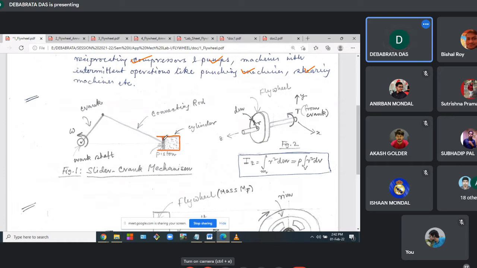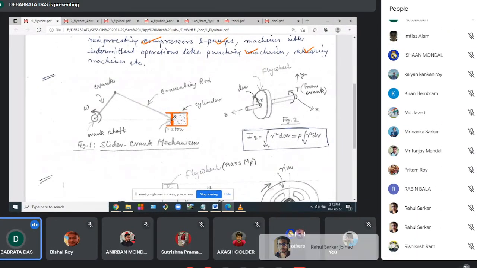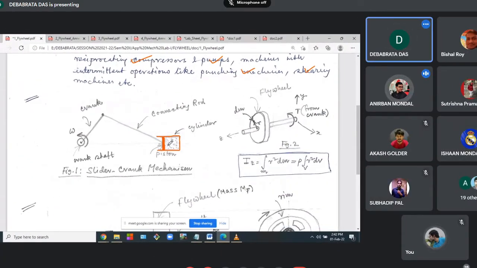And this is the piston of the engine. Some of you must have seen a piston. Now, say this piston is connected with a rod which is called the connecting rod. Though it is not a straight line, it has got a certain shape. But this is called the connecting rod. So this piston is connected to the connecting rod.